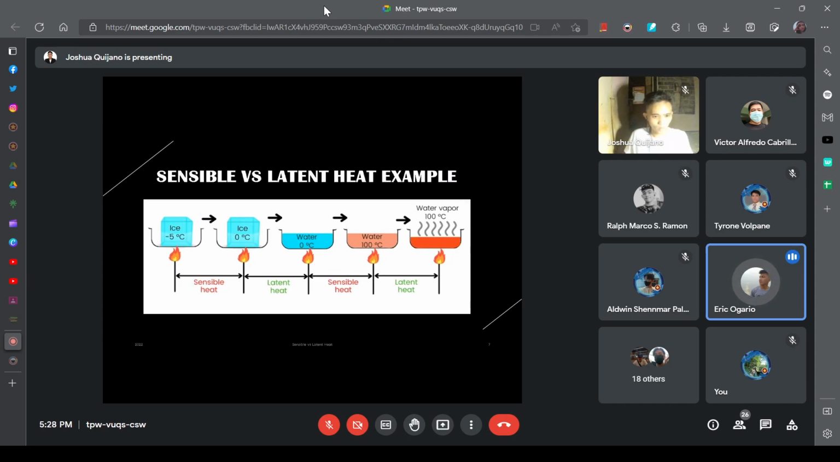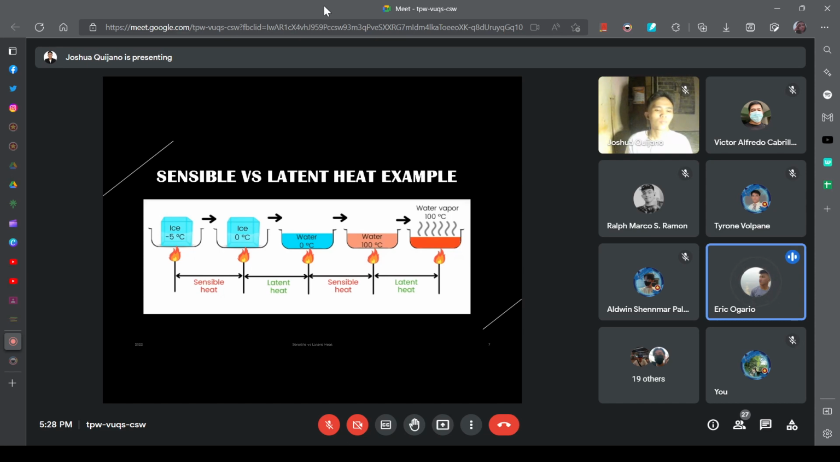Sensible versus latent heat example. The first is negative 5 degrees of ice into 0 degrees of ice. Sensible siya kasi same pa din siya ng state of matter which is solid pero nagbago siya ng temperature. Then yung pangalawa is 0 degrees of ice into 0 degrees of water. So latent heat naman siya kasi nagbago siya ng state of matter pero same pa din siya ng